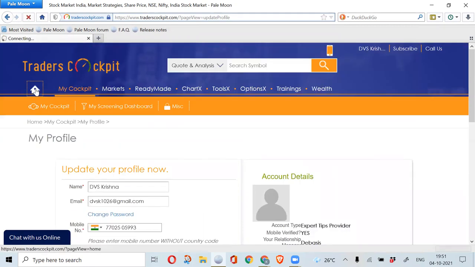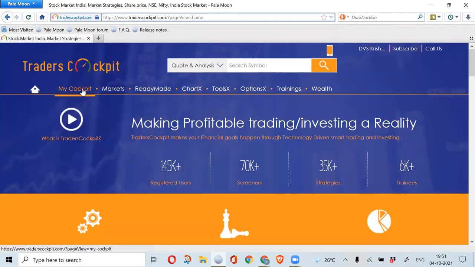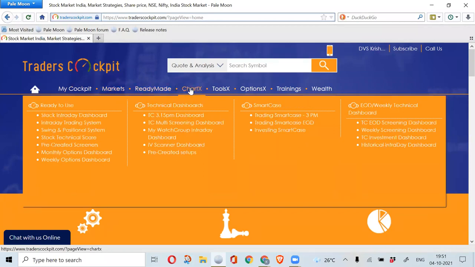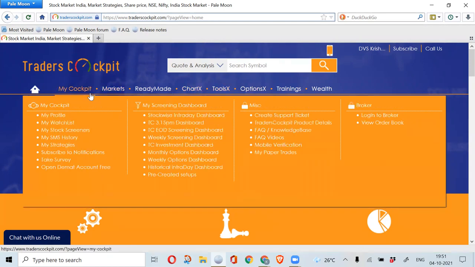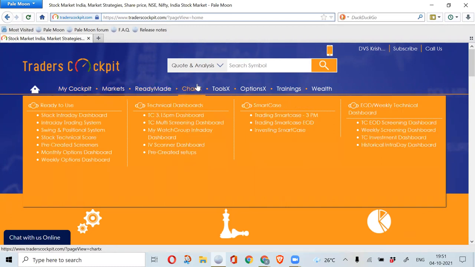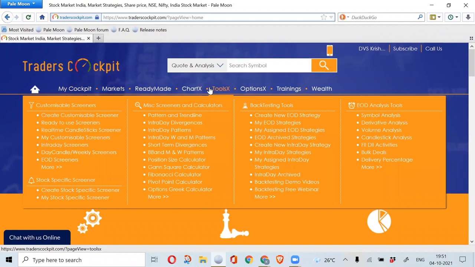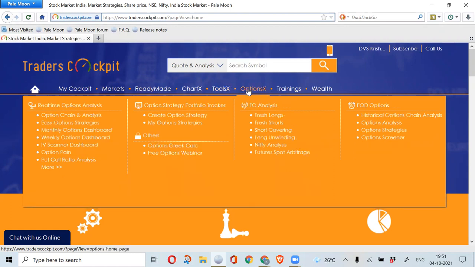So let us go to the home page and see what tools are available that can help us take better decisions in the live markets. On the top, we have My Cockpit, Markets, Ready-Made, Chartex, Toolsex, and OptionsX. These are the most important dashboards for us. In this training session, we shall discuss in depth about Markets, Ready-Made, Chartex, and Toolsex, which cover all the equity analysis tools. And then in the second section, we shall cover OptionsX, which is dedicated to options and